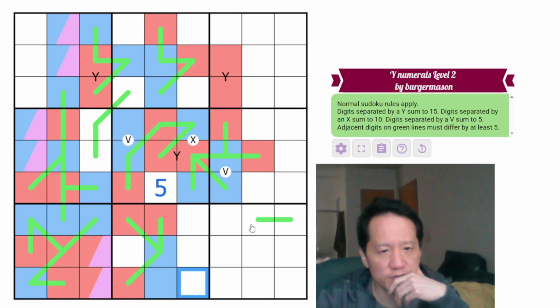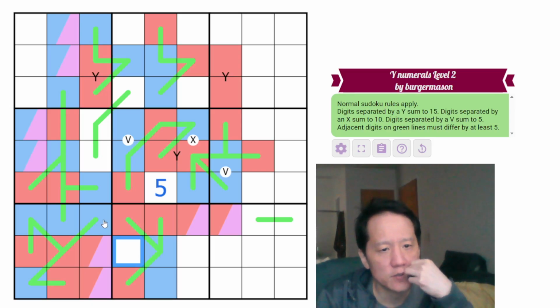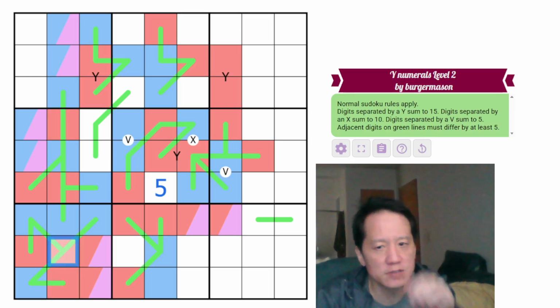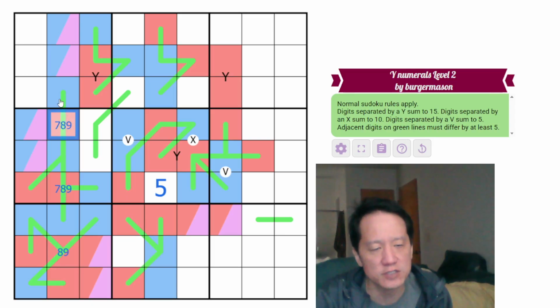And we started filling things in, right? These have to be both high and or 5. So again, this has to be 8 or 9 because it's next to 3 unique digits on a German whisper line. This is next to 2 unique digits, so it's 7, 8, or 9. This is next to 2 unique digits, so it's 7, 8, or 9. Oh. Well, we have a 7, 8, and 9 triplet, which eliminates 7, 8, and 9 from the rest of